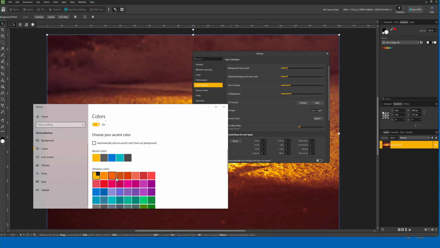So I've noticed when I change this here, it's really slow to update. Like Affinity almost freezes for a second and becomes hung up. So that's maybe a reason to not use this. And I also just think it's not very intuitive for the color of this to be coming from outside of Affinity. So you can use this option if you want, but I don't really see why you would,